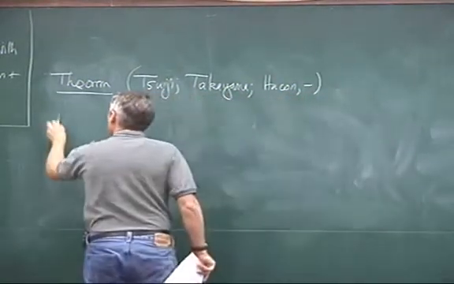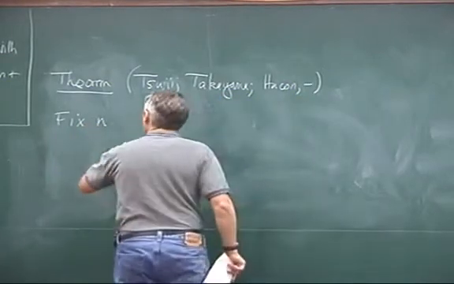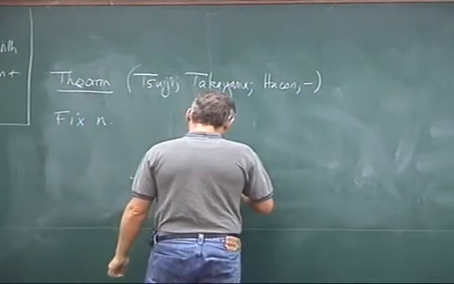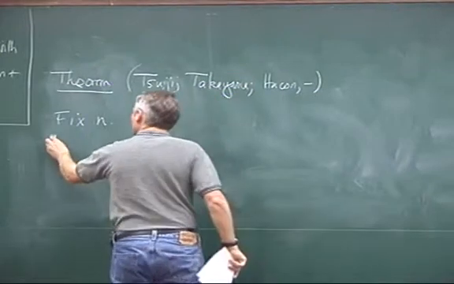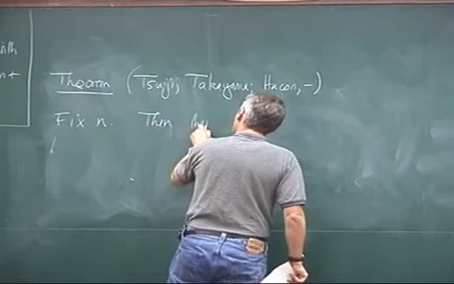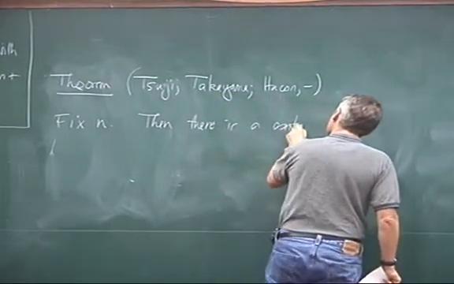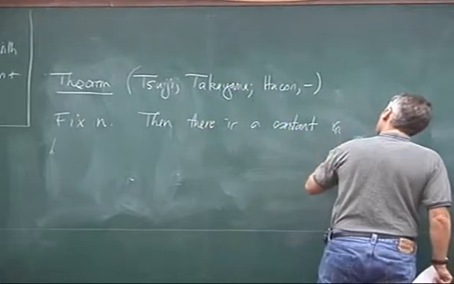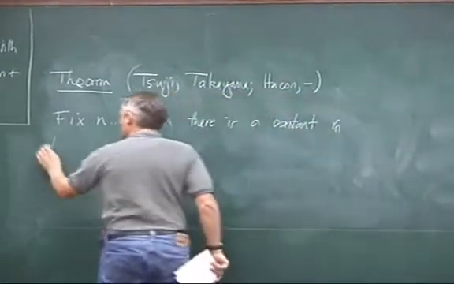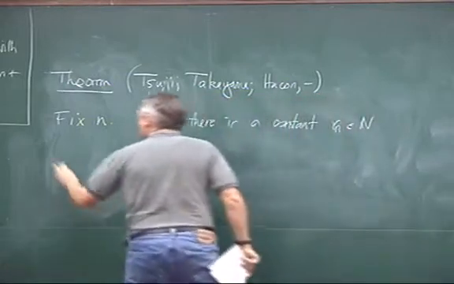So it says the following: fix n, which is just going to be the dimension. Then there is a constant R_n, a natural number, such that